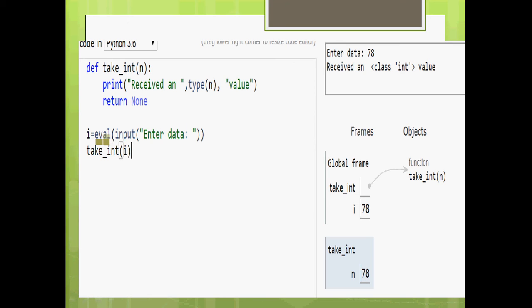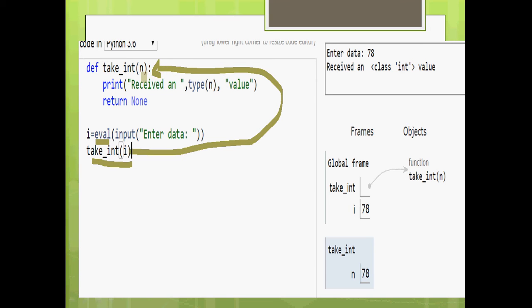Whatever value you receive in I is passed to the function take int of I. So the function call happened with the actual value, which is called an argument.